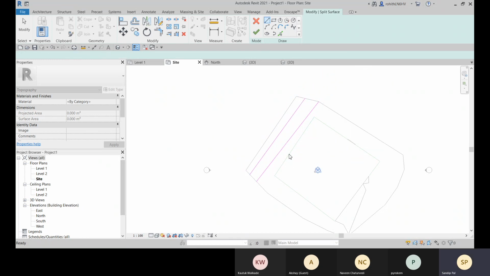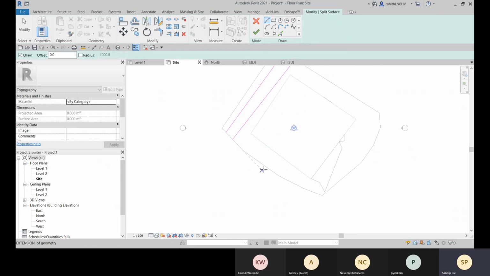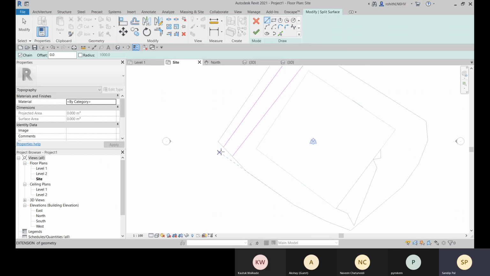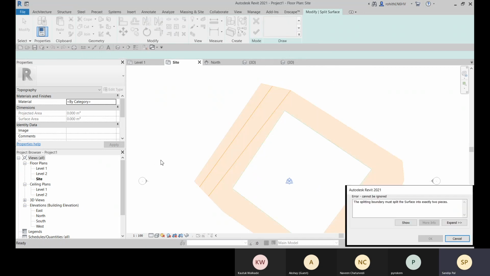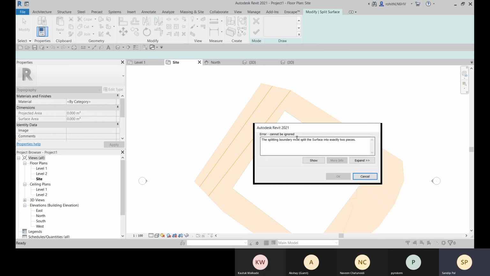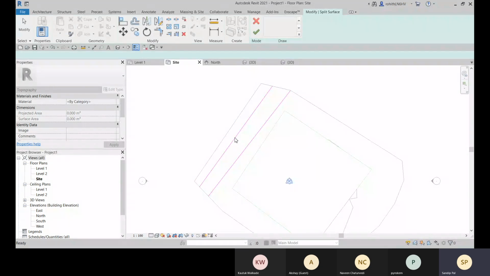If you want to create a road to this side also, you can create the same line, but it should be closed with the main surface. Otherwise, the splitting boundary must split the surface into exactly two pieces. That is the option we need to provide.